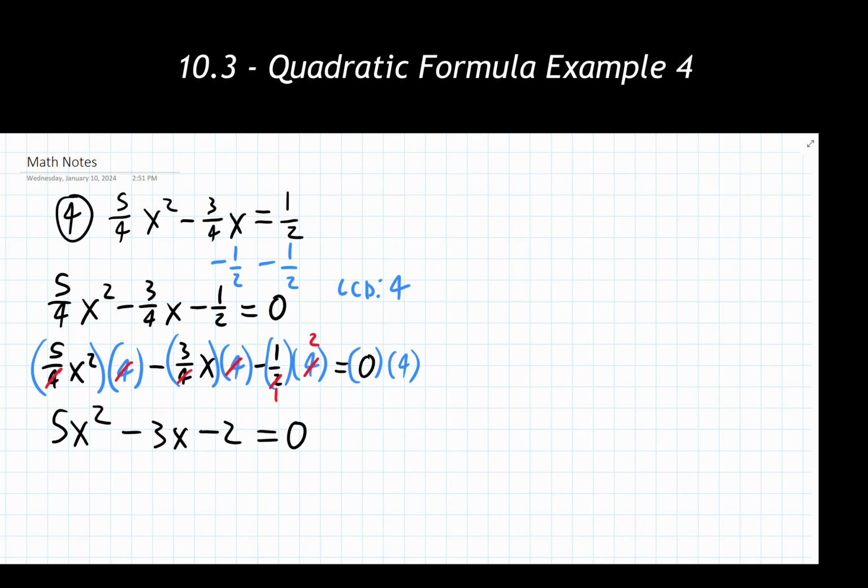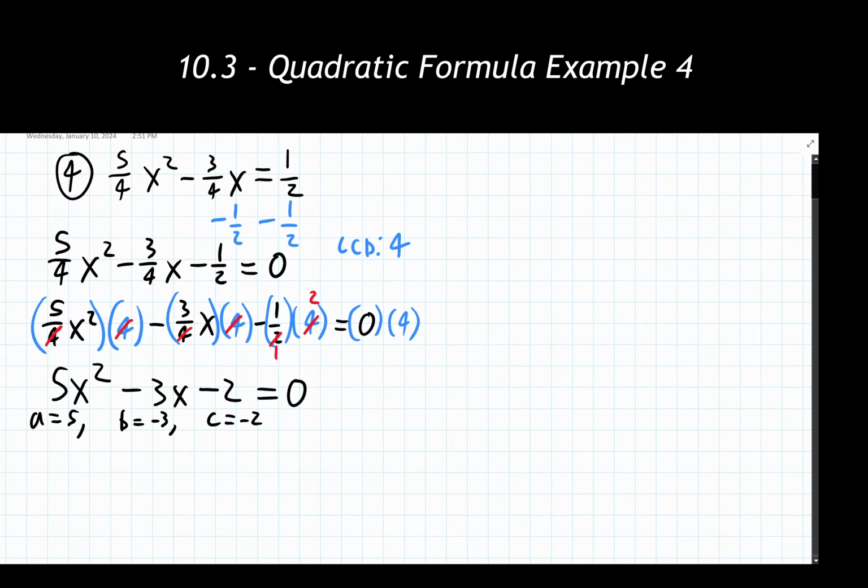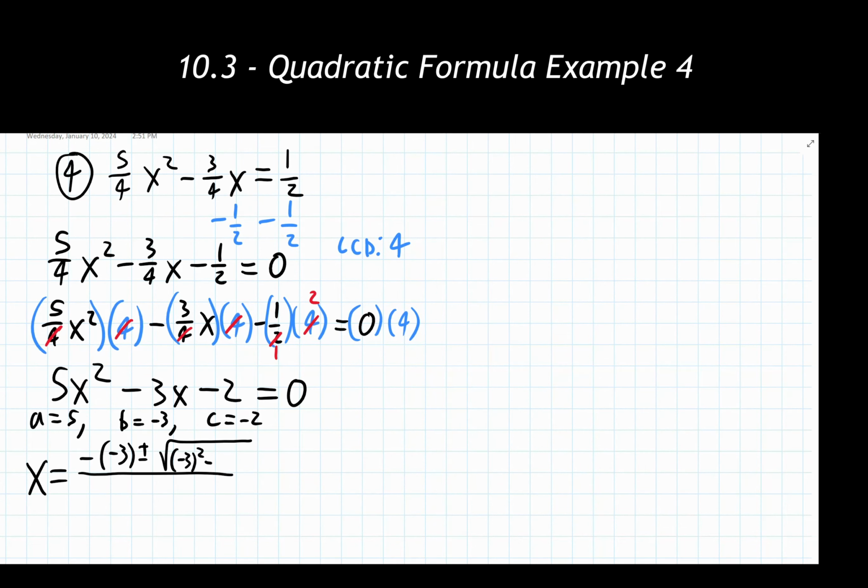So I'm still going to identify my a, b, and c values. We're going to need to do that regardless of if we have fractions or decimals or anything like that. And then I'm going to plug that into the quadratic formula. Now from here, I'm just going to simplify the thing that's inside of our radical here, the radicand or discriminant, as we are going to be seeing here shortly.